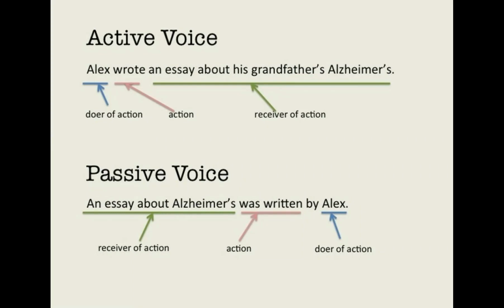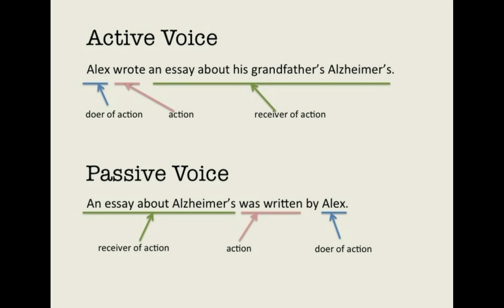This is another explanation, another sentence. Alex wrote an essay about his grandfather's Alzheimer's. You notice here that Alex is the doer of the action, the same as we say the subject, okay? And the action is wrote, which is the verb of the sentence. And the rest of the sentence is the receiver of the action. You notice that in the passive voice,